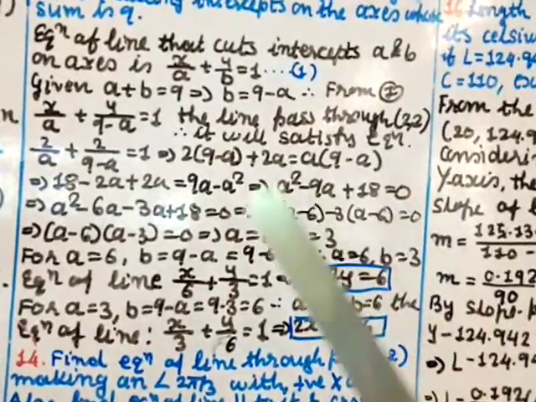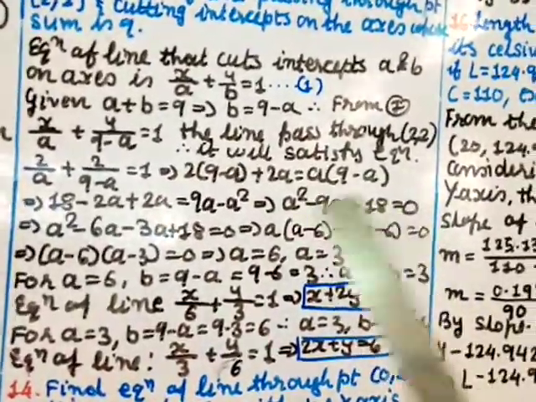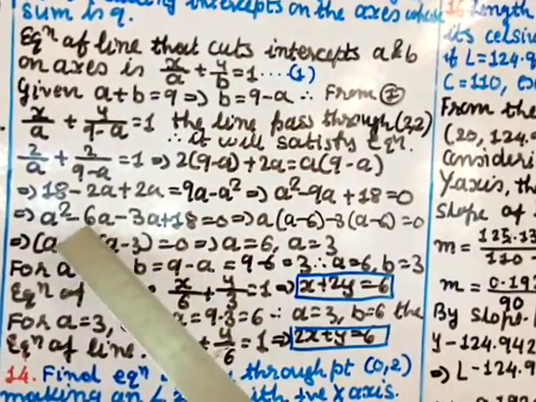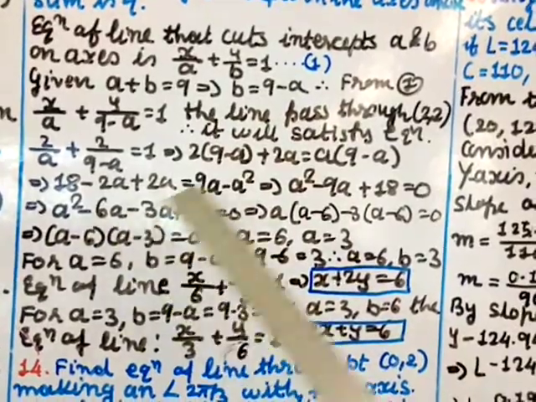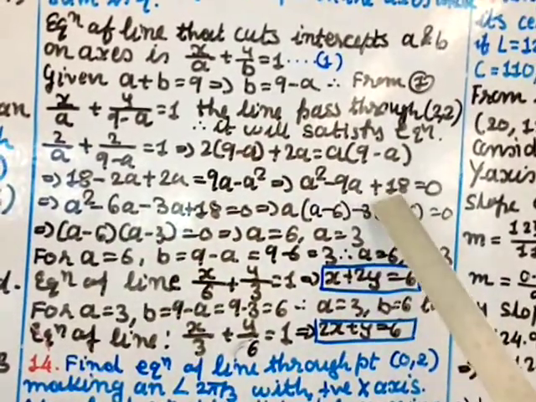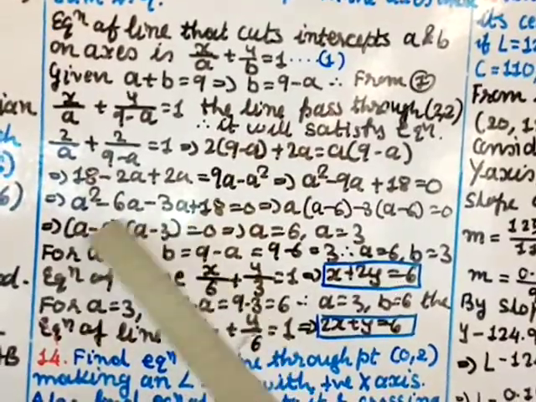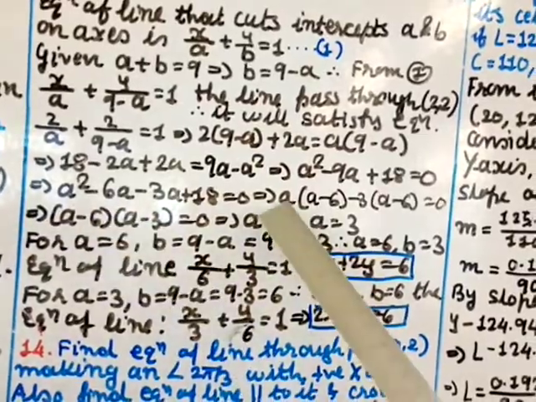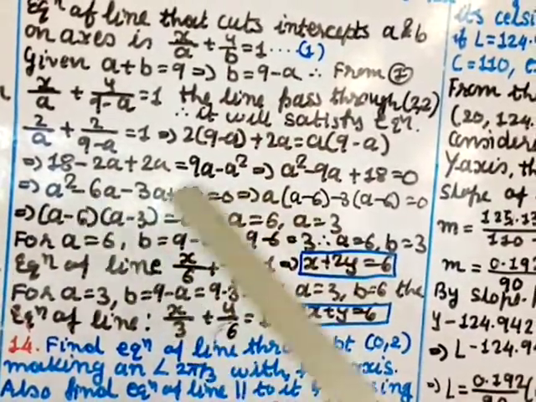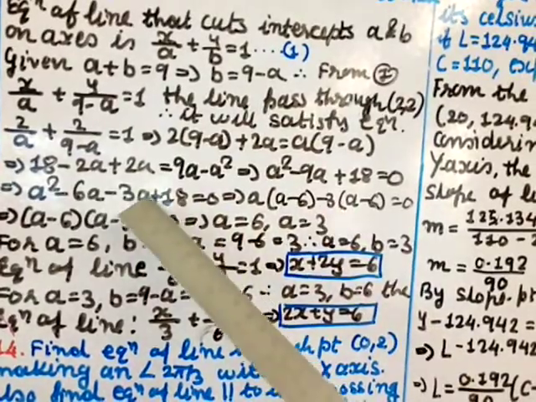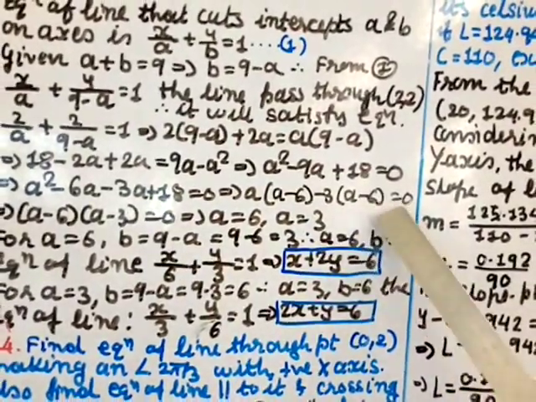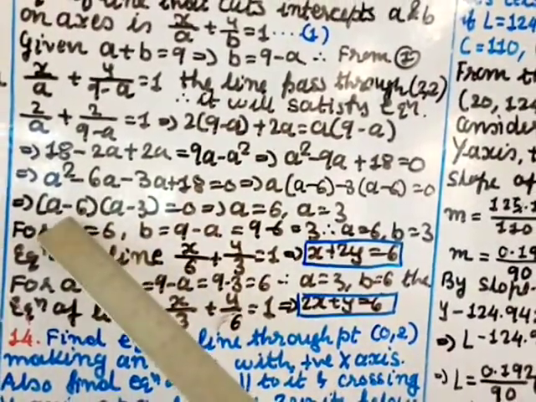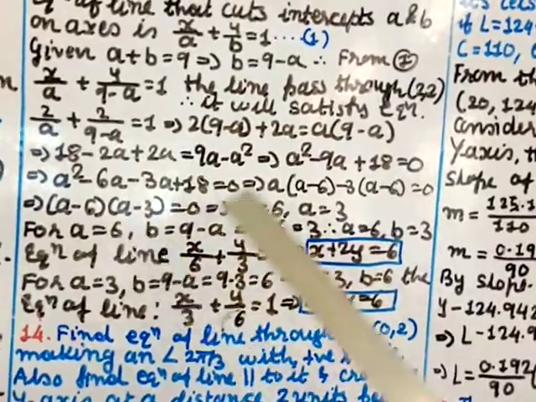Now you split the middle term and factorize, find the solution of these in terms of A. So what you get, factors are 3 into 6 is 18 and 6 plus 3 is 9. Okay, so we can use splitting the 18 into 6 and 3. So you get A square minus 6A minus 3A plus 18 equal to 0. From this you take A common, here remains A minus 6. From here take minus 3 common, so here remains A minus 6 equal to 0. So the factors will be A minus 6 and A minus 3 equal to 0. From here the value of A is 6 and from here the value of A is 3.